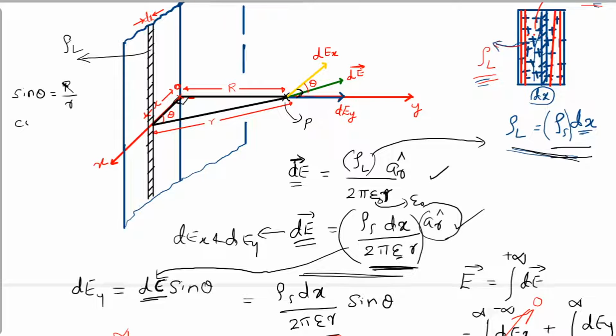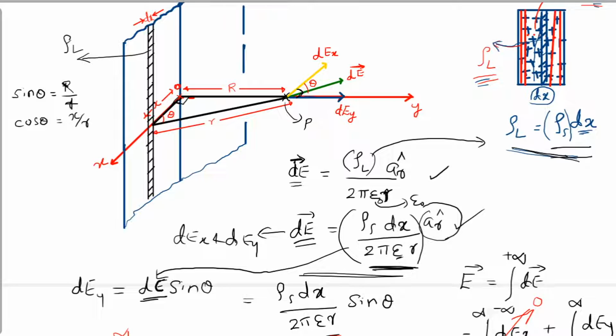What will be cos theta? I am just trying with everything, because I want to get a relation. So cos theta is small x by the hypotenuse r, adjacent side by hypotenuse. I get these two relations. Will these two relations help me? I want to get x in terms of theta. x can be r cos theta, but I don't want it in terms of r also, because r is also a variable.